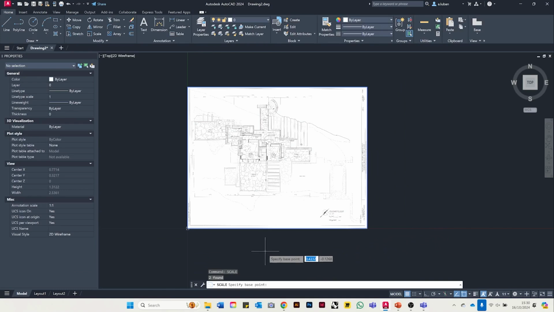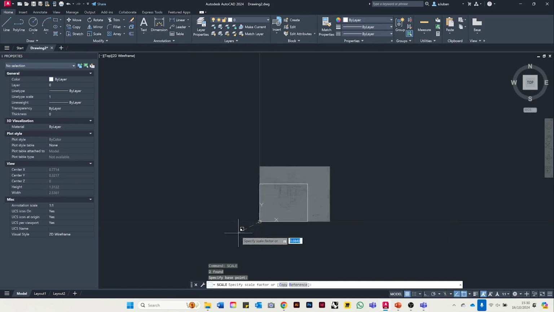It's asking me to specify a base point, and a base point just means that this point in space is not going to be moving, it's going to be fixed on my canvas. You can see that I can manually start scaling an object. It's asking me for a scale factor right now. The scale factor is a number. For example, if you bring in floor plans that are, for example, 1:500